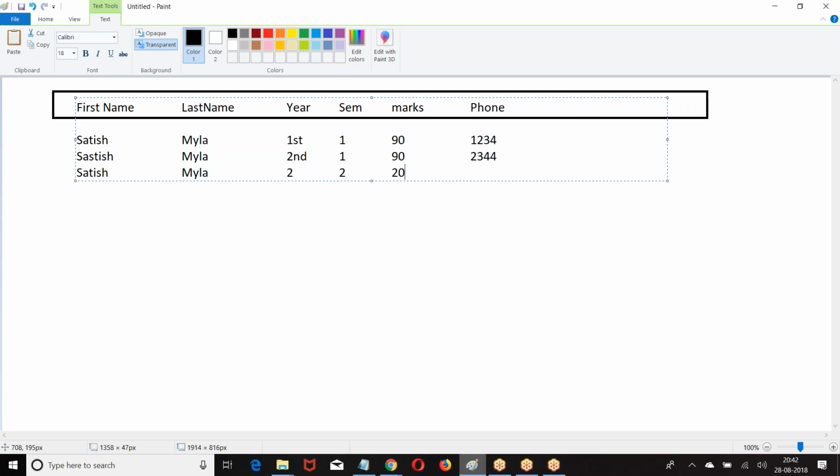I am storing the data of the student. That 190 is possible only in JNTU, boss. Okay, so this is how we got it.